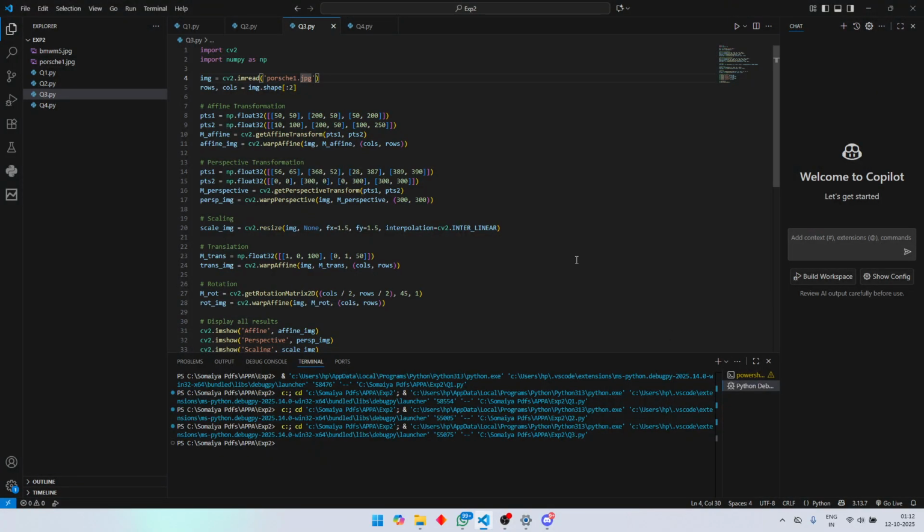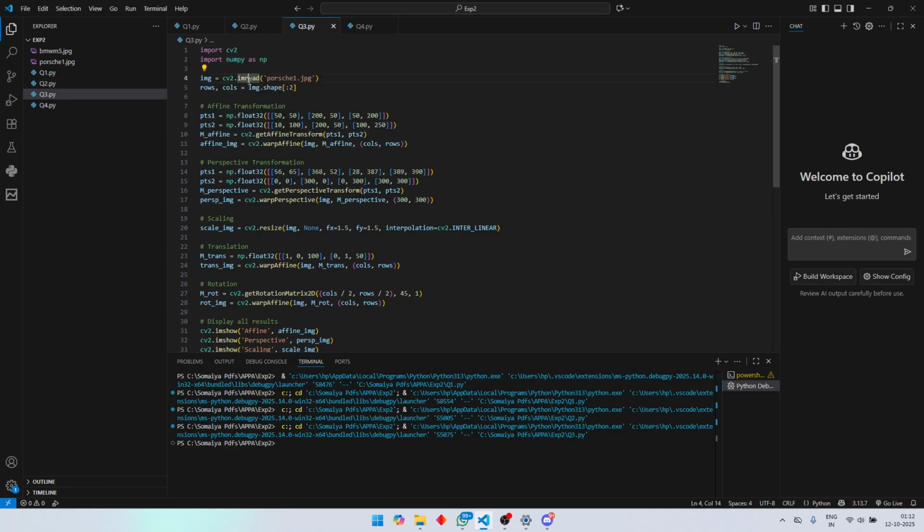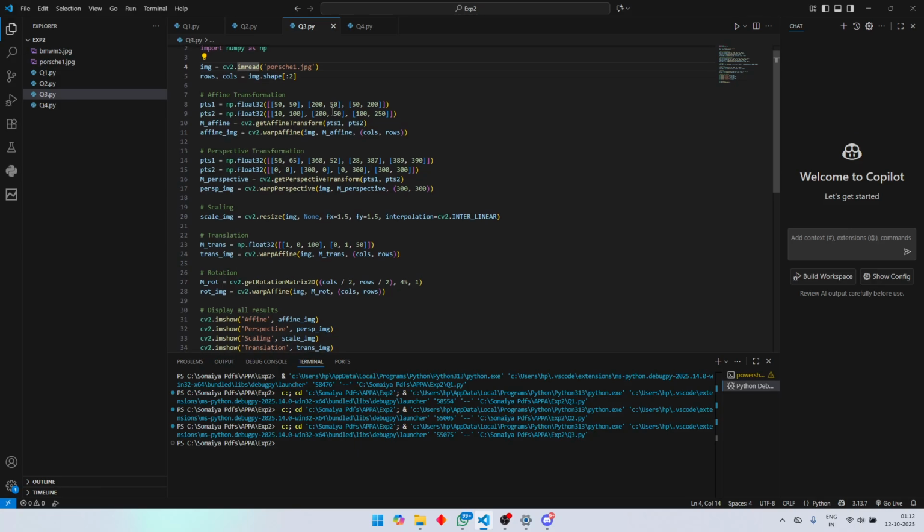Hey guys, this experiment is all about transforming images, moving, rotating, resizing, and changing the perspective using OpenCV. First, I import the CV2 and the NumPy libraries. Next is the cv2.imread function where I load the Bosch image and I grab its height and width using the